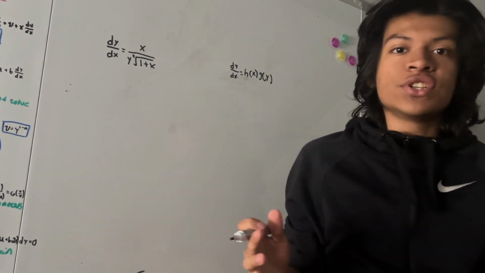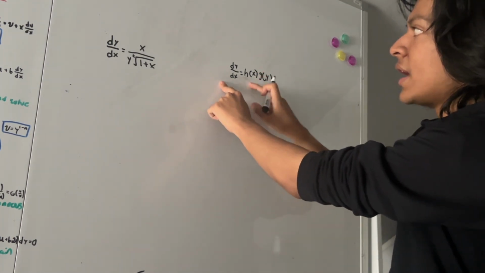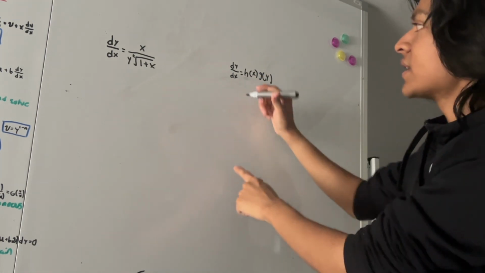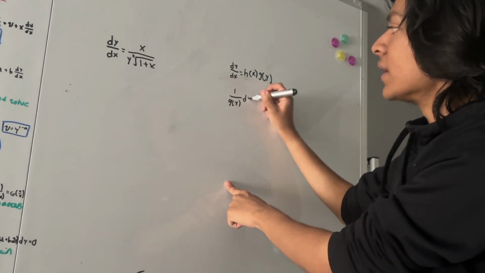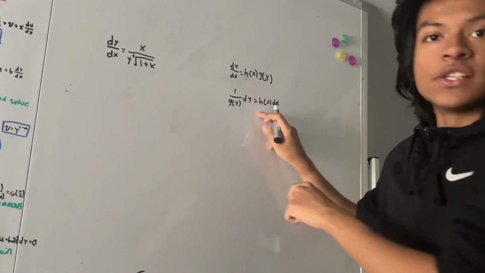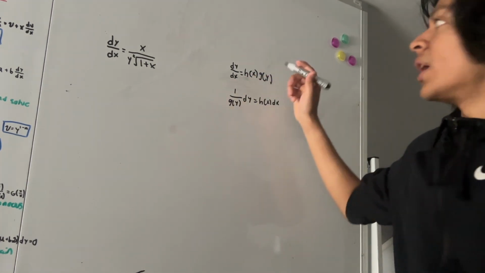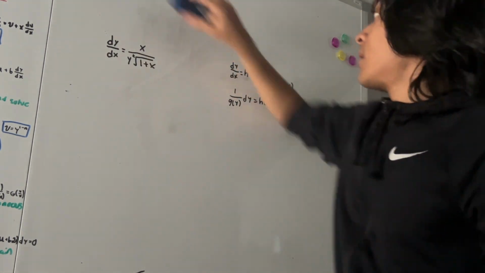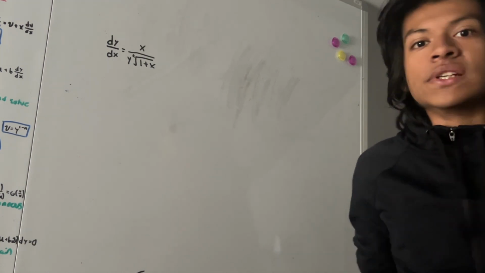And the method of separation of variables allows us to divide both sides by g of y and multiply both sides by dx, so that way we can get this in the form g of y dy is equal to h of x dx. And at this point what we can do is just integrate both sides and solve for y, which in this case would be a function of x. So that's pretty much the method for separation of variables, and we're going to be using it to solve this